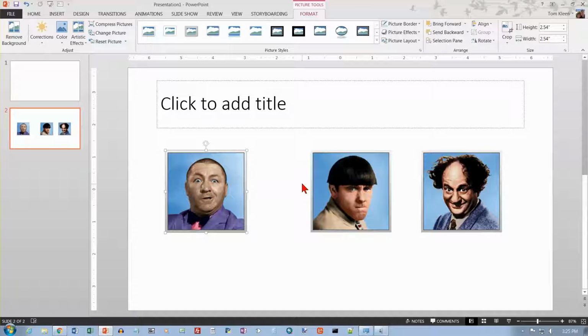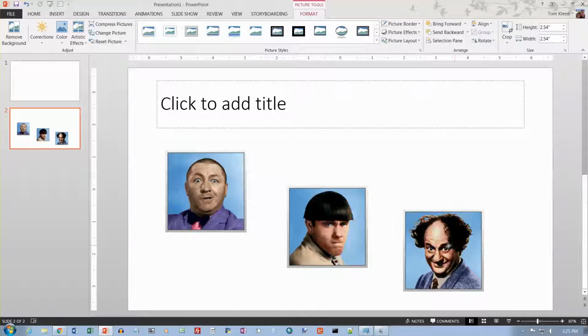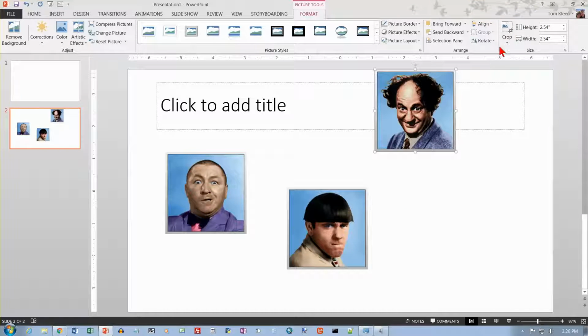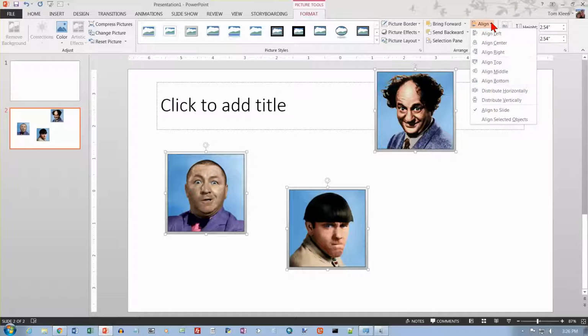The first one, let's just take these 3 and kind of randomly move them around here, and let's go to our picture tools and let's go to Align, and let's align the tops of those pictures with one another. And I did the wrong one. Okay, let's try selecting 3 things here, and now that we've got multiple things selected, we can align selected objects. Let's click on that,